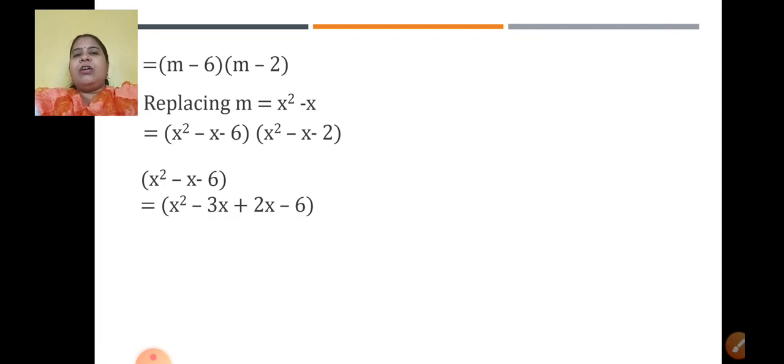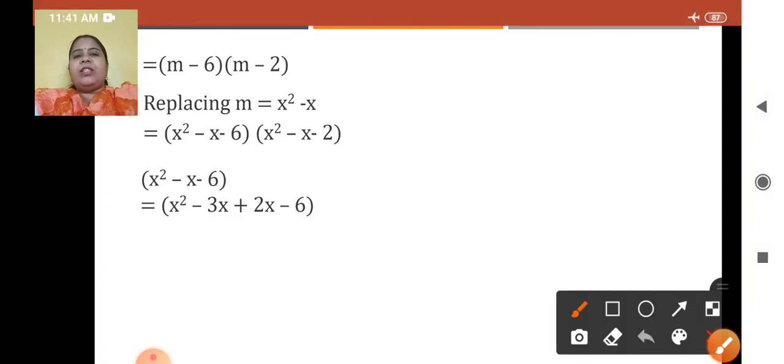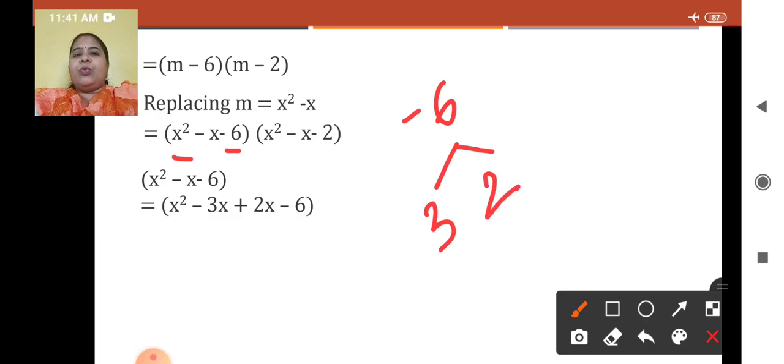Okay. So see here, minus 6. Yes, product of the first and the last term is nothing but minus 6. Minus 6 can be factorized as 3 into 2. Middle term is negative. So out of the two factors, the greater number will be negative, smaller number will be positive. So these are the two factors, minus 3x plus 2x. I hope you are understanding it.